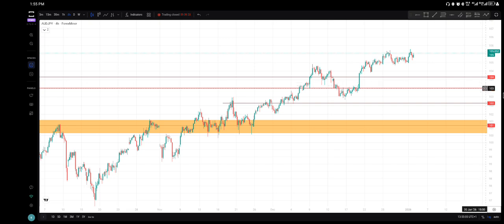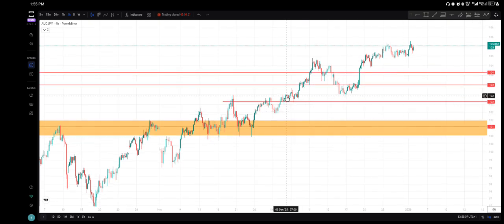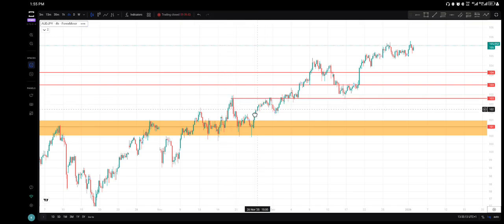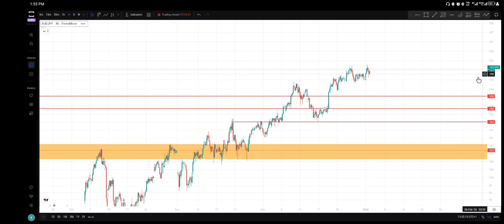Dropping to the four-hour time frame, what I'm seeing here is a resistance level turned support, where the market will surely take support for the uptrend to continue. So what I did was just mark out this level. And remember, guys,